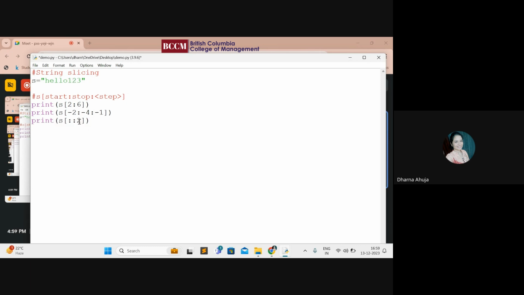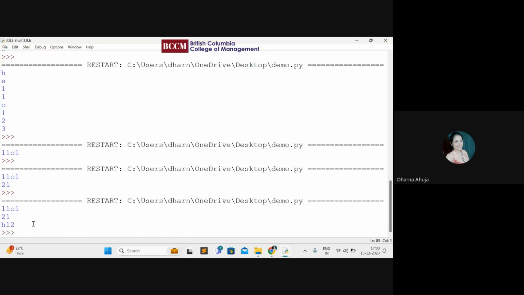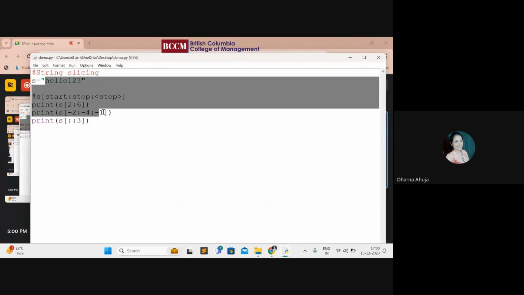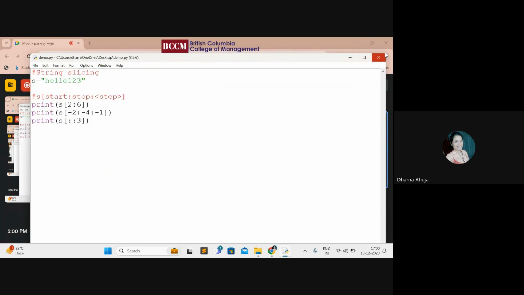If I write only the stop value, that means it will start from 0 only. And then it depends. If I'm writing 3, it will start from 0, H. It will skip the next two characters and give the third character in sequence, which is L. Then again, it will skip the next two characters and give the third character. So HL2 is the output. So that is slicing. We can continue to